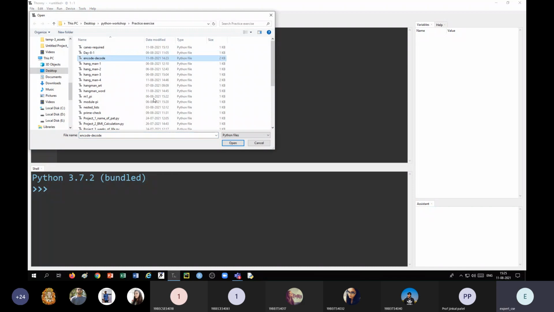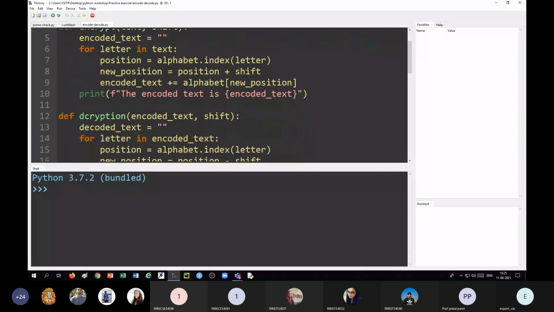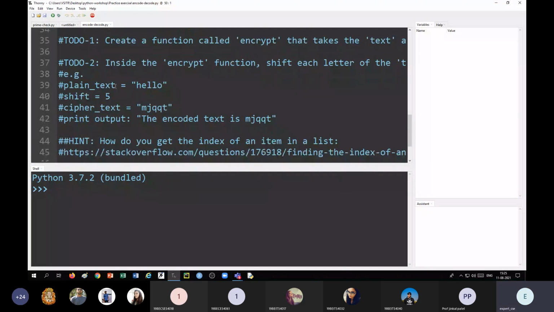So we'll store all the alphabets in a list. What we'll do, we'll create a function called encrypt that takes the text as an input and converts it into the encrypted code.